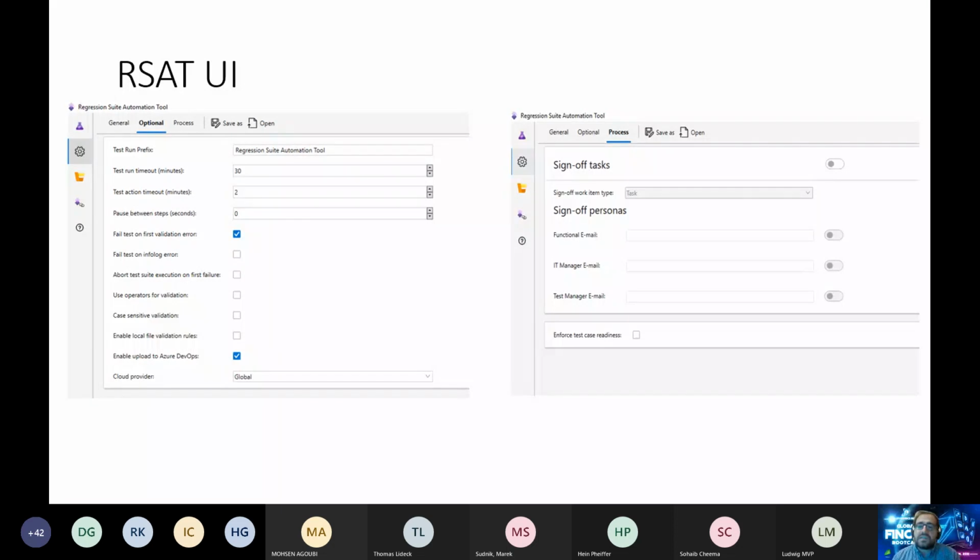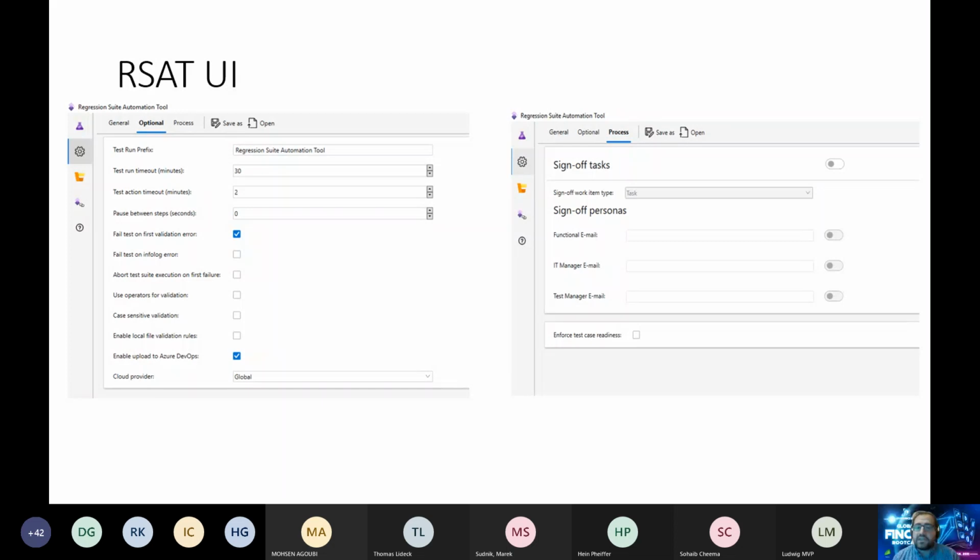All of these, you don't need to save your settings. Settings are automatically saved as soon as you navigate out of the settings page, and you can also save your settings in the Rsat setting file or open an existing setting file. You can save them in a config file. So if you want to run the Rsat in a PowerShell, you need a configuration file. So this is, for example, one way you make use of the